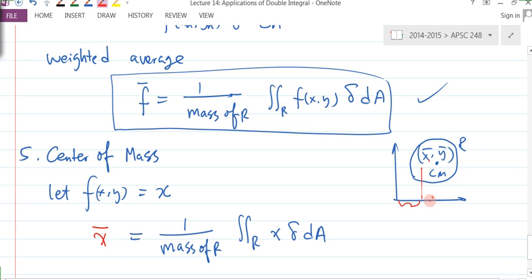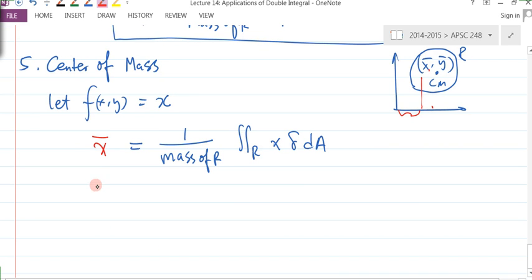You pick another point here, there's another x. So essentially, that's the weighted average of this x. You get x bar, and that's the center of mass for the x component. So similarly,